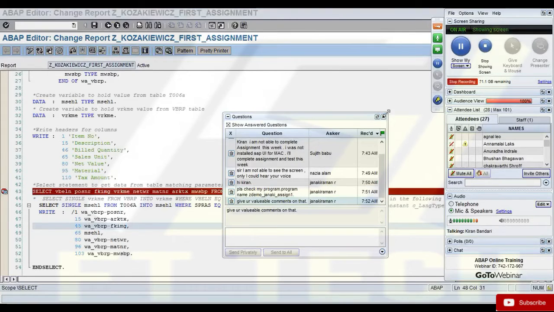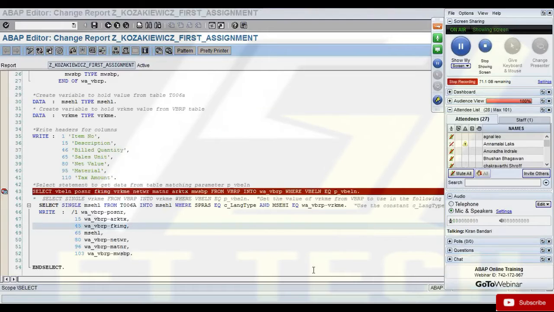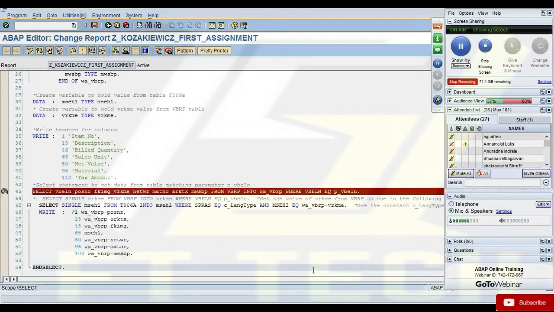Fine then. Everyone is comfortable with the basic part of selecting the data into your program and then printing in the output. So working with your structures, variables, writing the basic select statements, select single, select and endselect. Anyone here who's still struggling with that?